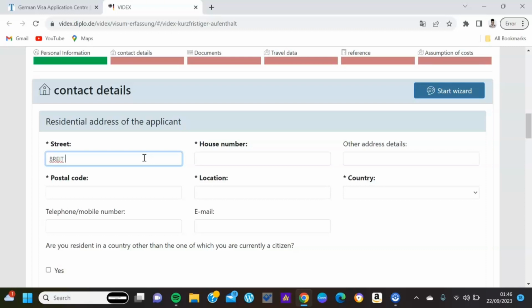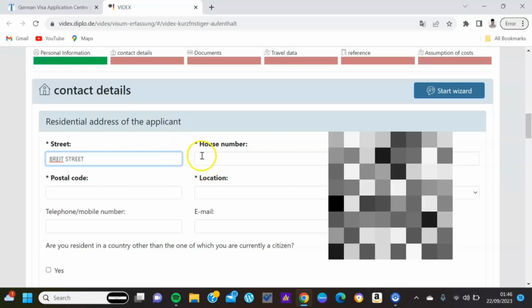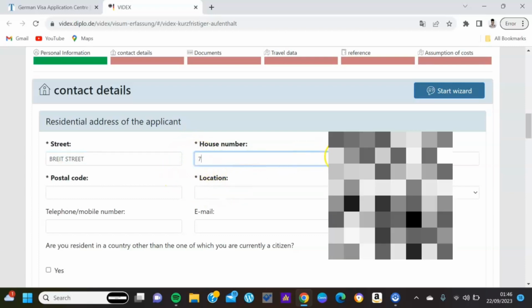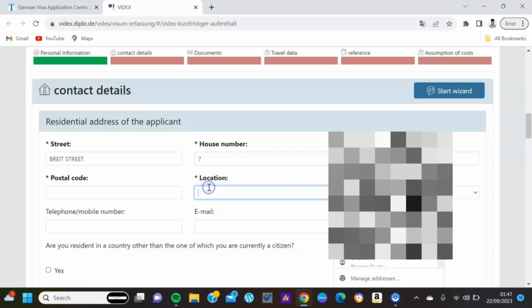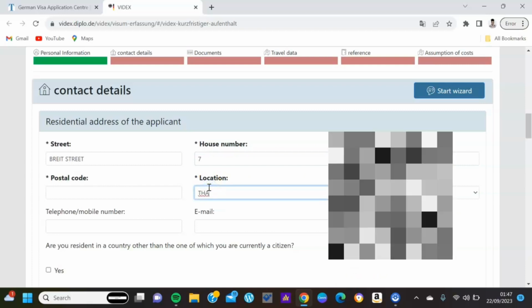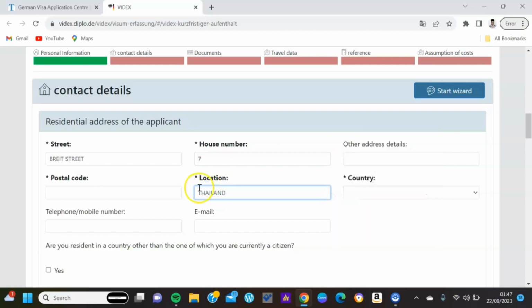I don't even know if that's the name of a thing or street. House number 7. Location: Thailand. I think I need to visit Thailand someday. Now postal code is important because they need to be able to get your actual address. So postcode, I'm going to put